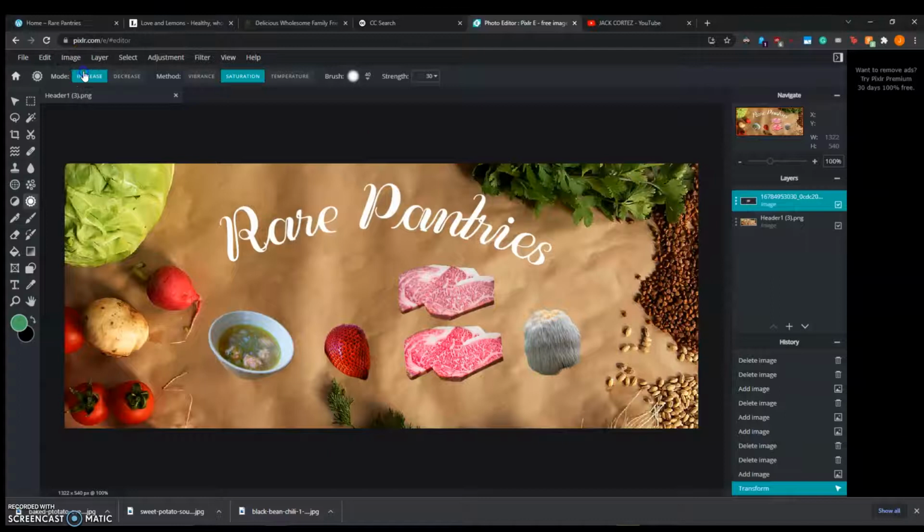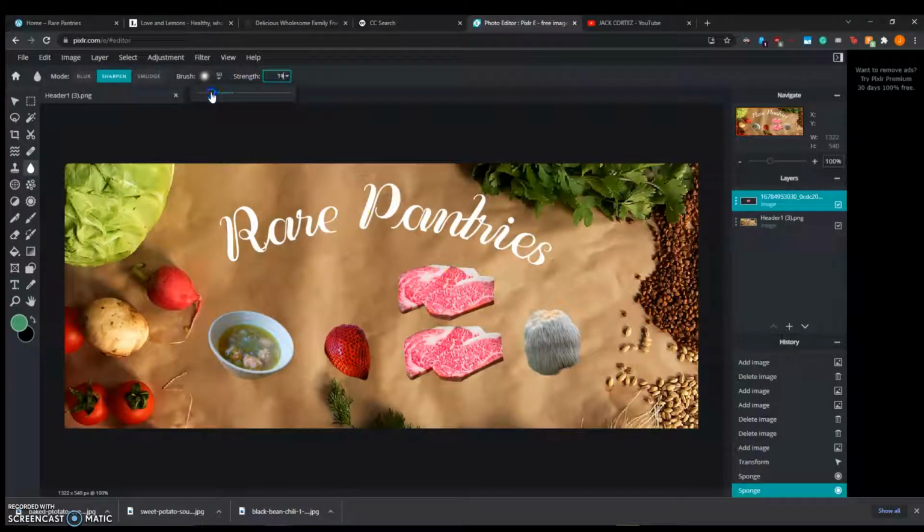So I'll show you basically what I did to make the beef look the way it did. I just drew over that with the saturation tool. And already it looks way more appetizing, way better, and almost exactly like what I have in my header image already. The only extra thing I did was there's a sharpen tool that Pixlr also gives you, and I lightly went over that with low strength, which you can toggle over here,